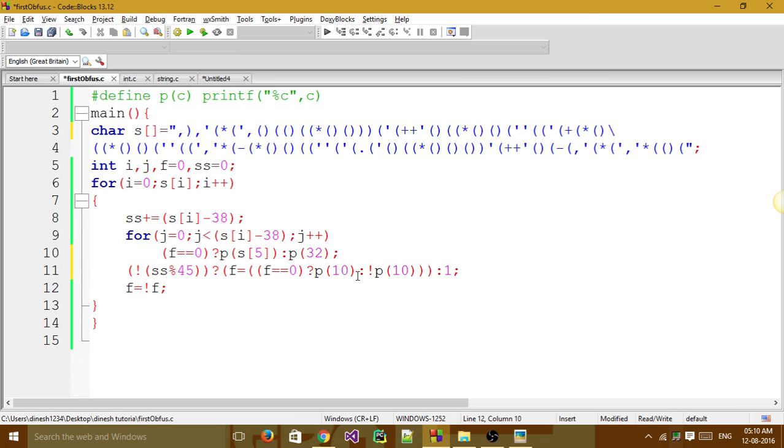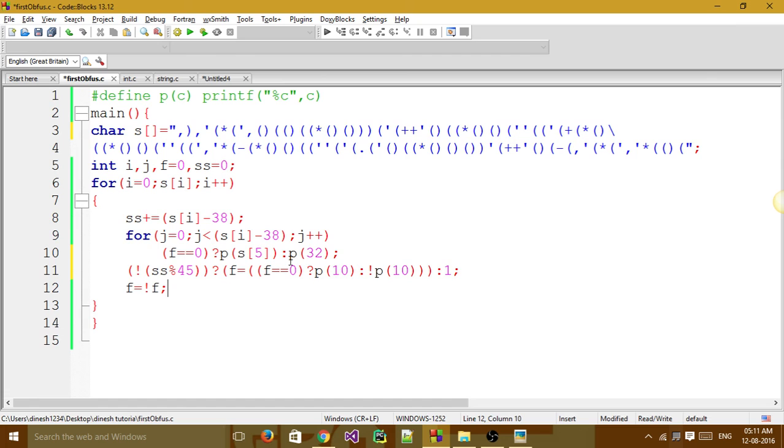So whatever the statement is executed, if f equal to 0, this will be written as 1, and if f equal to 1, then this will be written. Or if this whole thing is getting false, I am returning true, which doesn't make any sense because I didn't assign it to any variable. In this way I wrote the code.